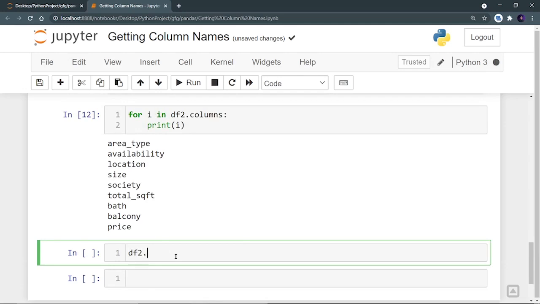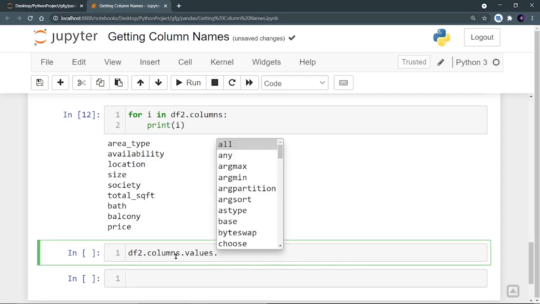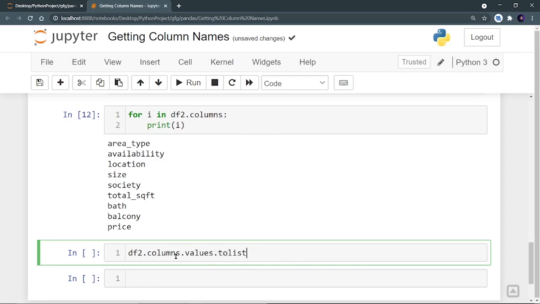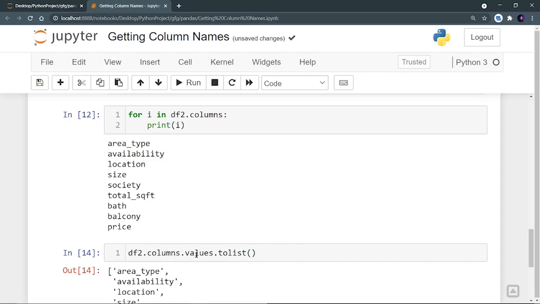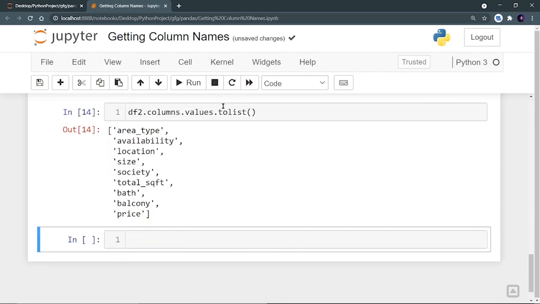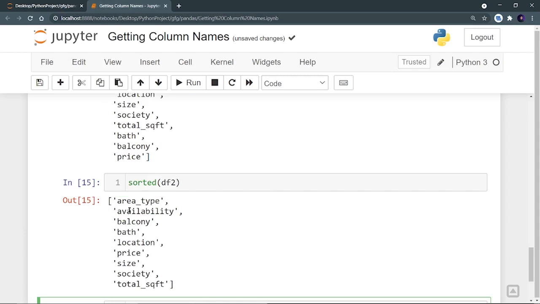So df2.columns.values.tolist(). Let's run it, and I am getting a list of the columns of this df2. Let's sort this list. So sorted(df2). Let's run it, and I'm getting the column names in sorted manner.